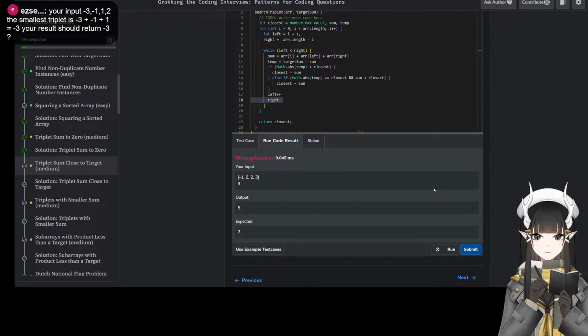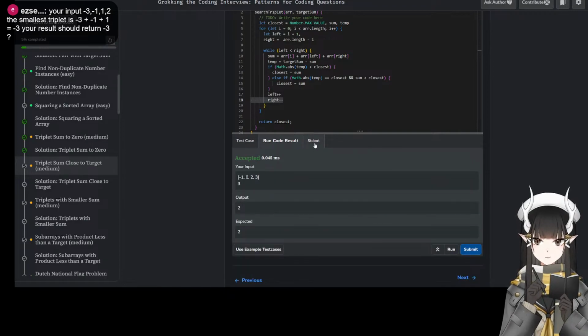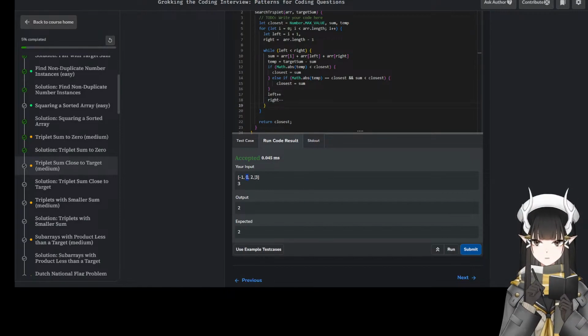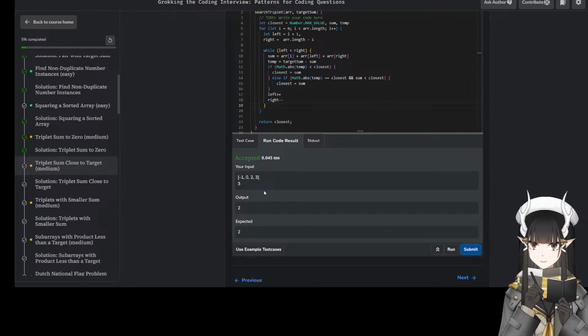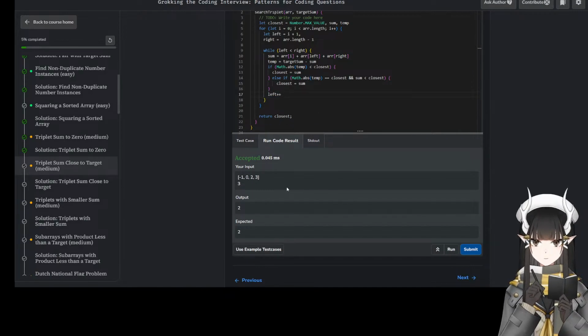Wait, hold on. We look at this value, look at this value. If I only do right plus, then I look at this value, look at this value. Yeah, left. I want to look at all the values.